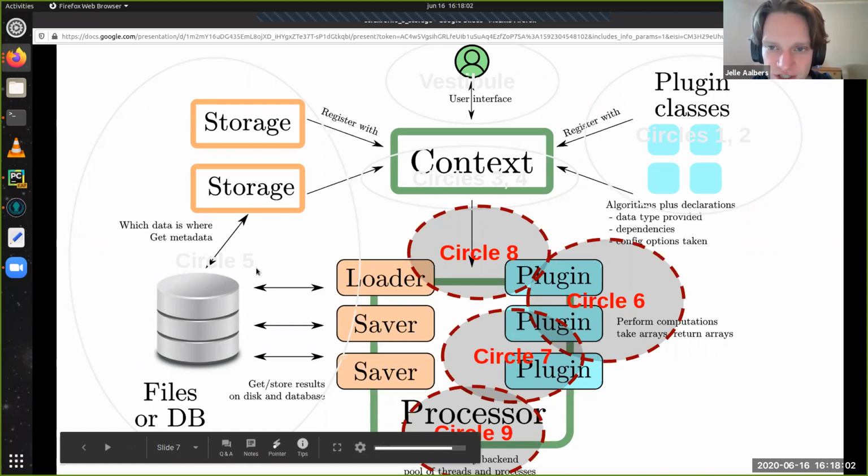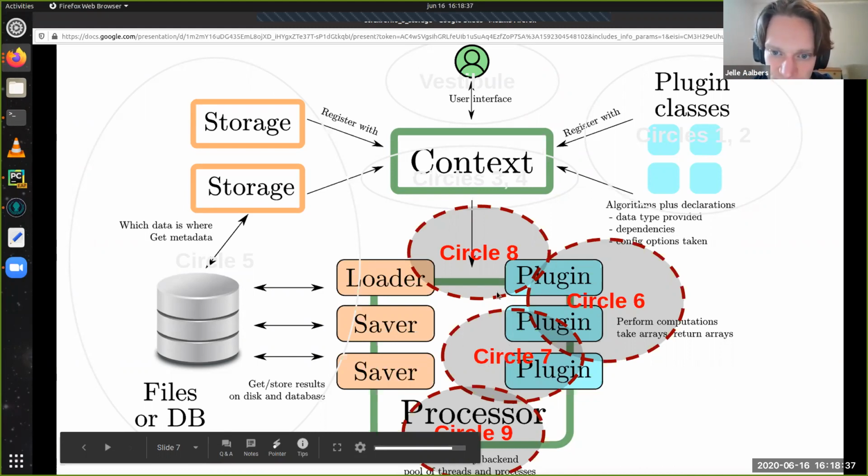So things are going to get less and less relevant for analysts and more relevant, or at least equally relevant, for people who want to develop and understand what's going on inside Strax. So the next 4 circles are all about this. We're going to study how plugins work on the inside, how they pass data around, how they interact with the processor object, which is actually in charge of fulfilling your request for data in case it hasn't been made yet.